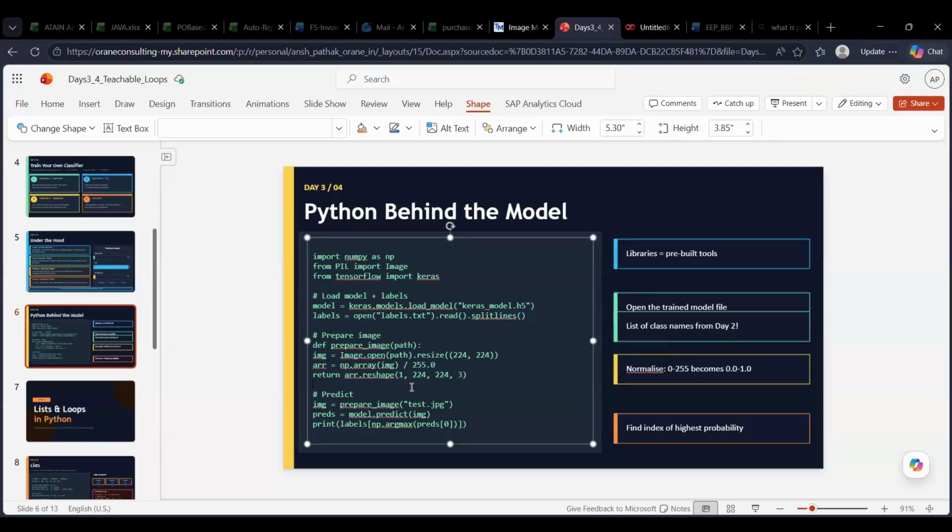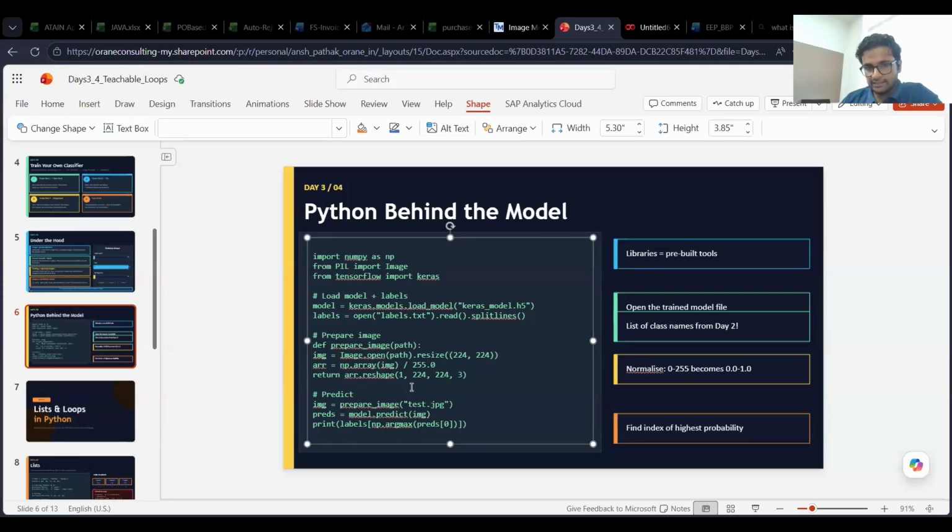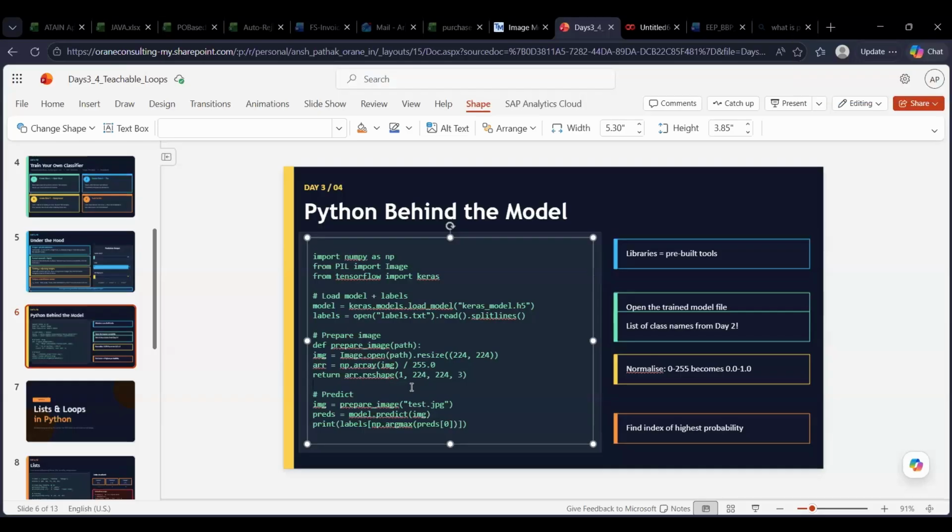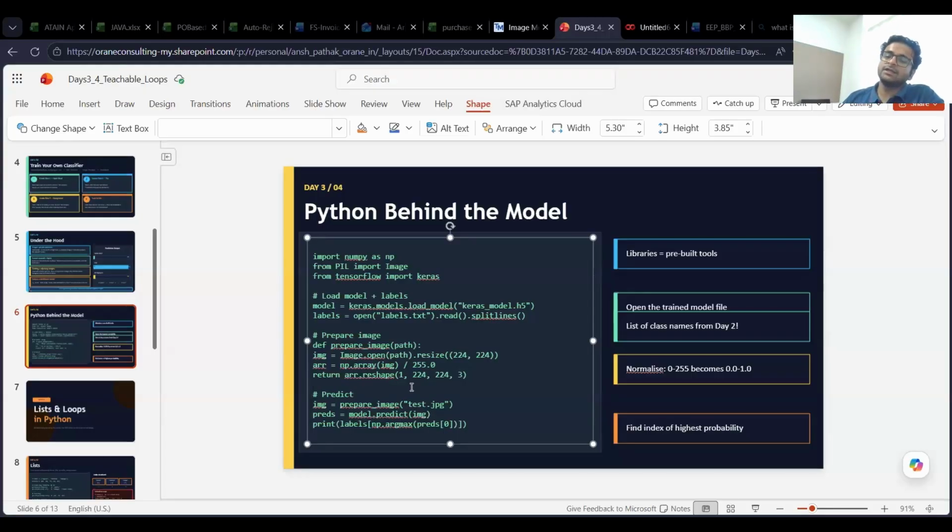In the array variable line of code, you have to use a single slash, otherwise it will give a decimal value, right? Yeah, so I need a decimal value for it. But sir, the computer understands only zeros and ones. So how can I make use of decimal values over here? The computer understands zeros and ones, but I can perform mathematical calculations on those decimal values as per my requirement.